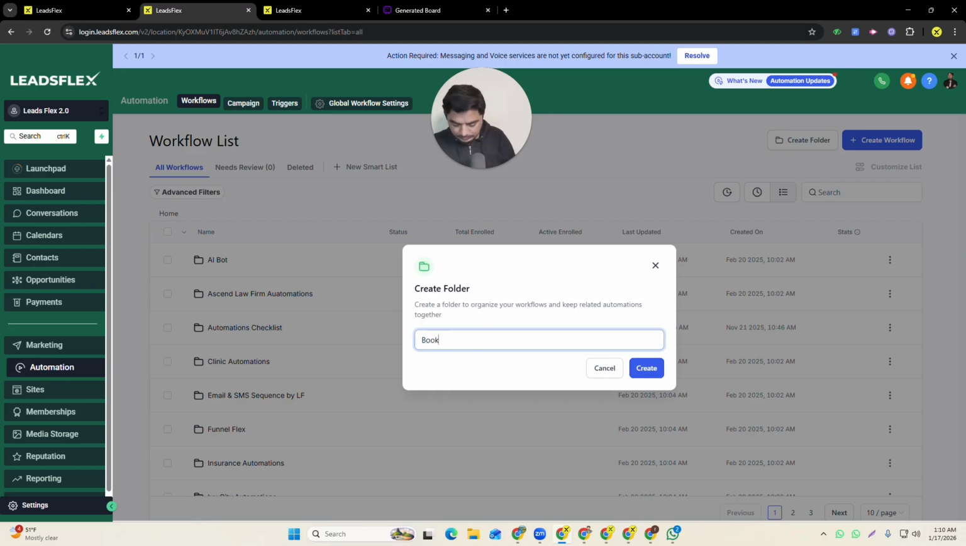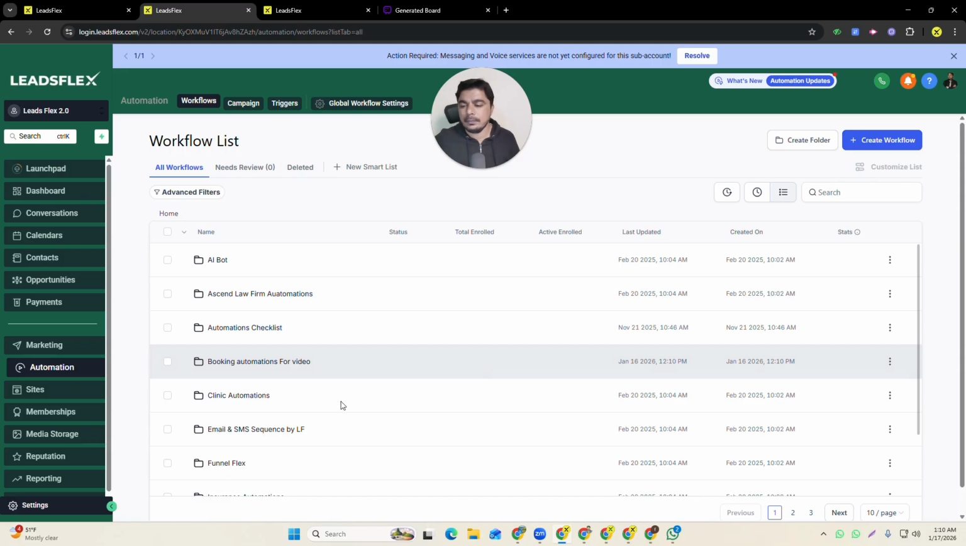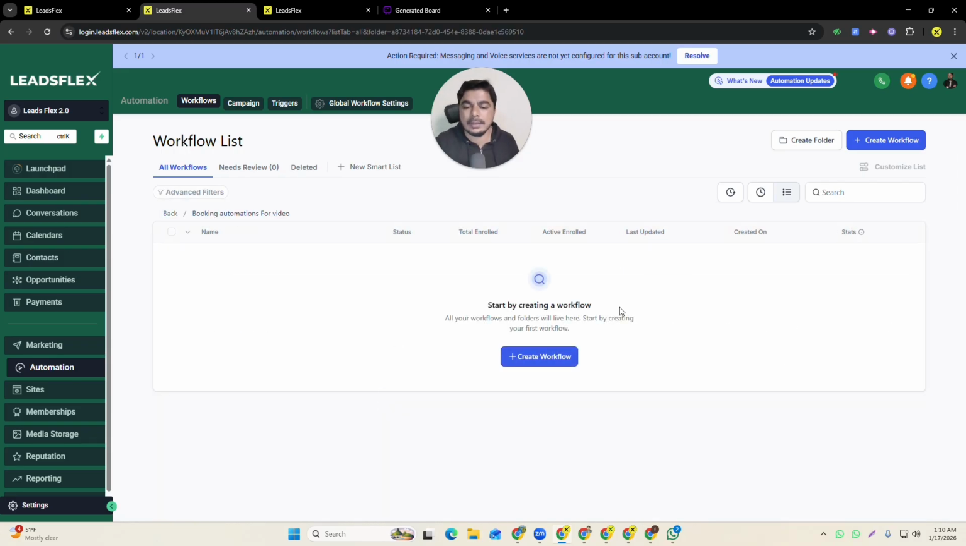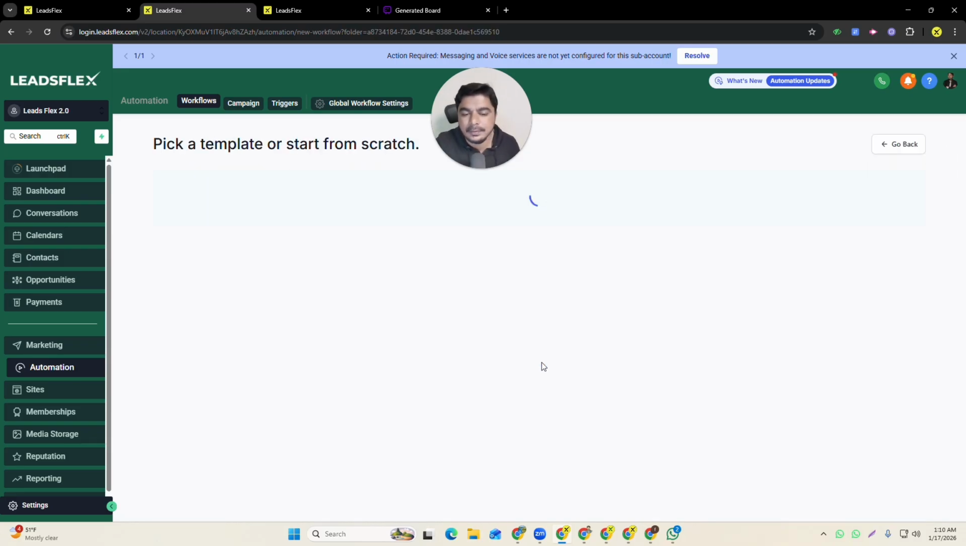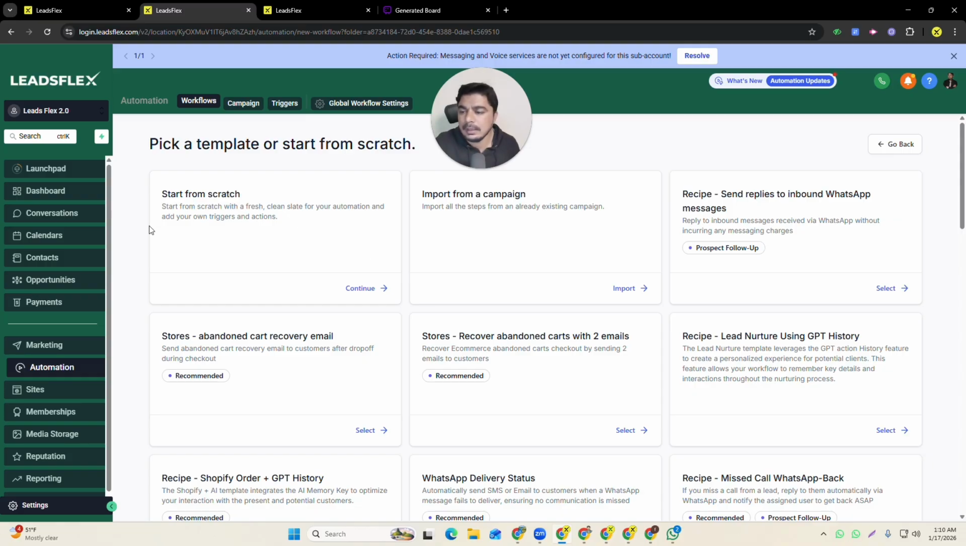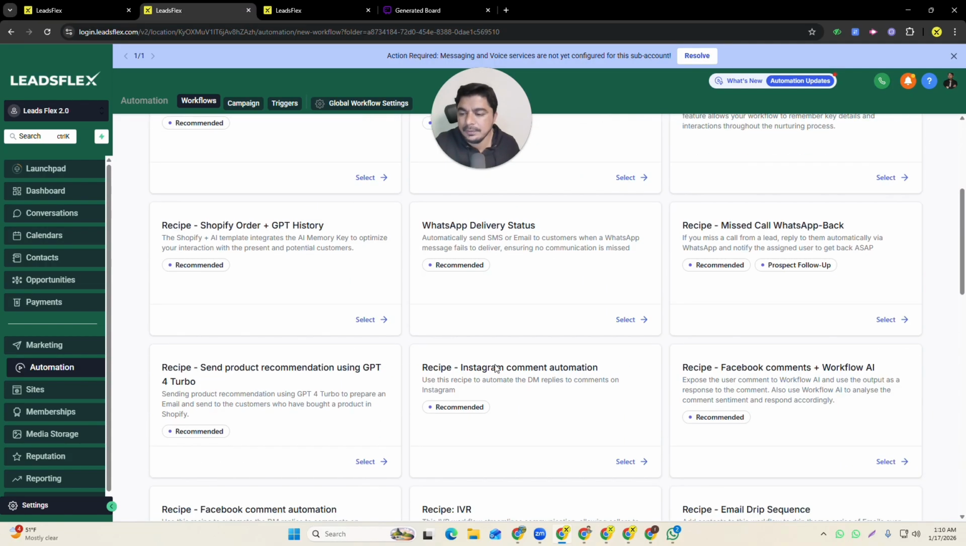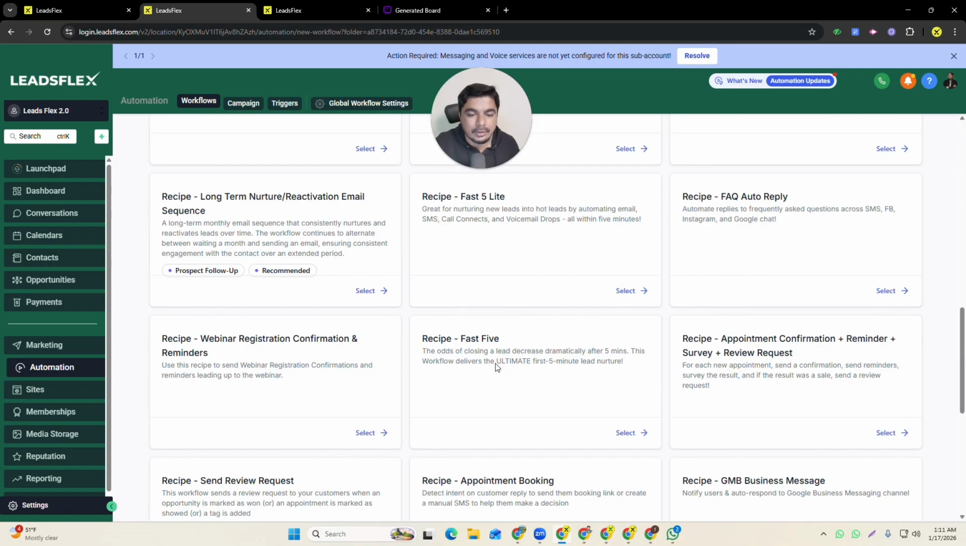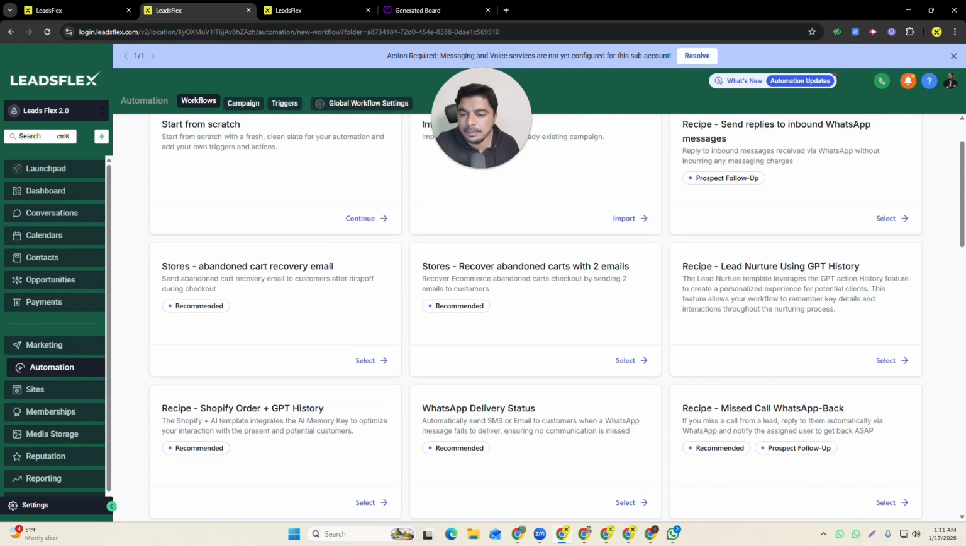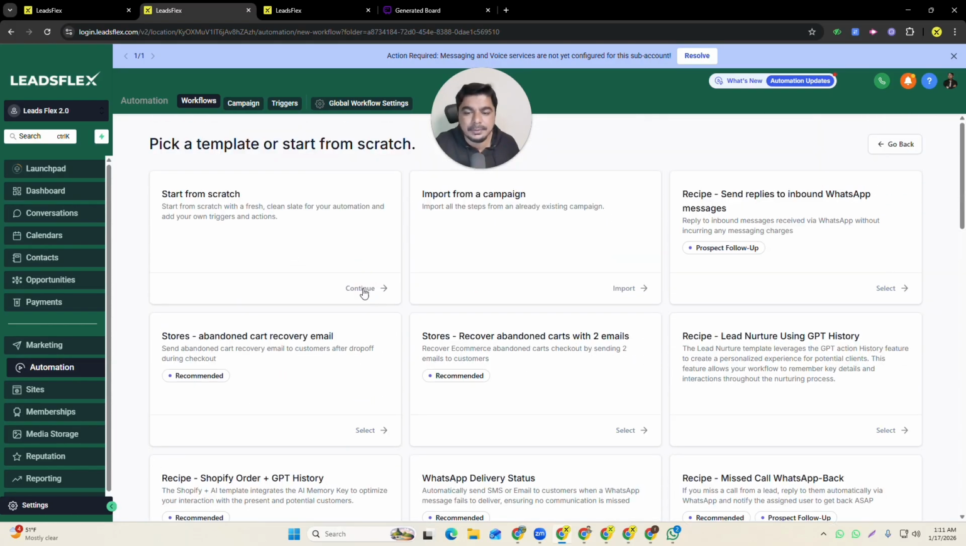So we'll say booking automations for video. Every time you make automations for forms or for calendars, you can make a folder something like this. So I just make this folder, and now the folder is empty, so I can create the first workflow. I can start from scratch, or we already have pre-built automations as well, but right now I'm going to make it from scratch. I just say continue,